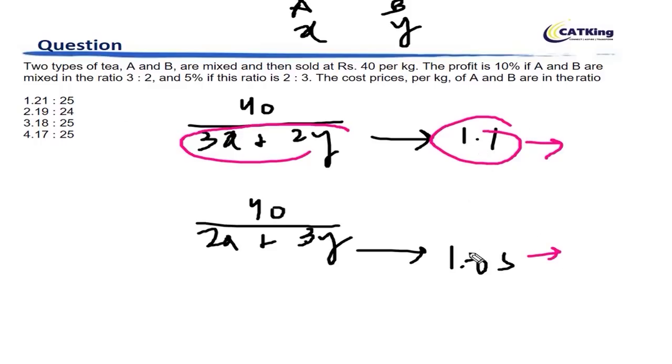Looking at the solution, you are not going to get decimals, right? So convert it into some numbers. So 110 and 105. So basically 3 into which number plus 2 into which number is going to give you the last digit 0? 3 into 9 is 27. And 4 into 2. So here if you take 19 and 24, 3 into 9 is 27 and 4 into 2 is 8.